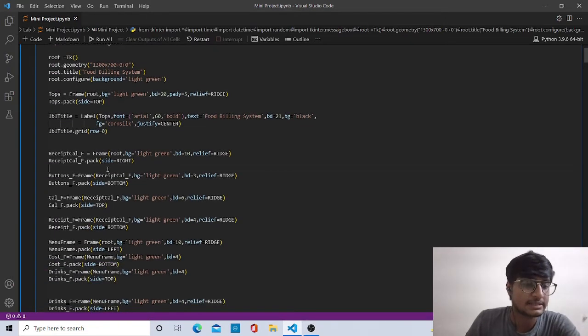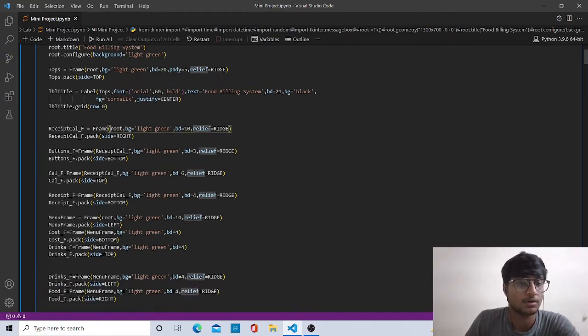Now coming to the receipt calculation, it is also a method called on an object, placed on the right side with background color light green, border width of 10, and relief equal to ridge. The same goes for the button, which calls the receipt calculation function, with background color light green, border width of 3, relief ridge, and side equal to bottom.